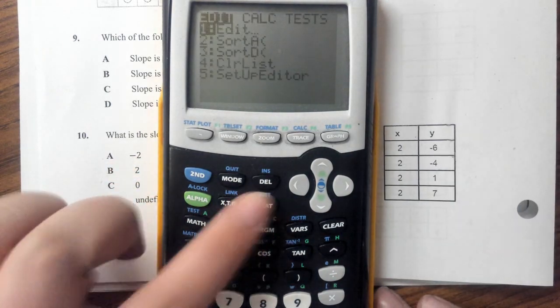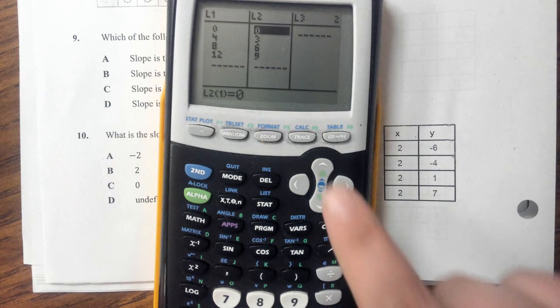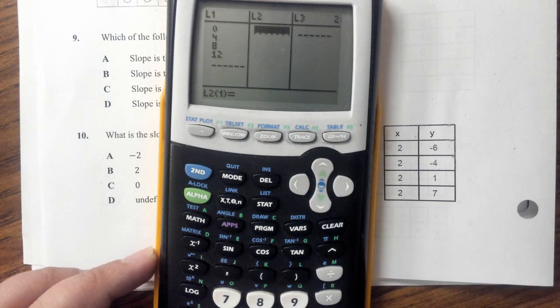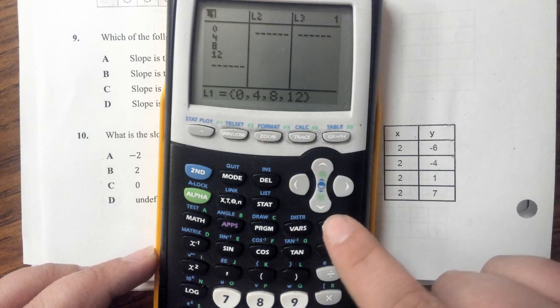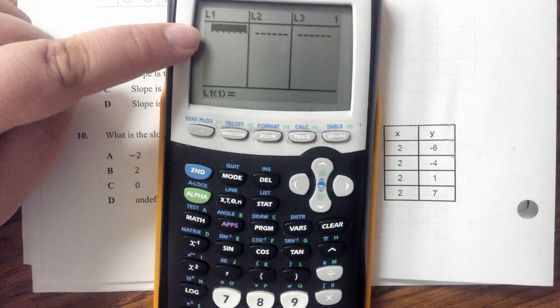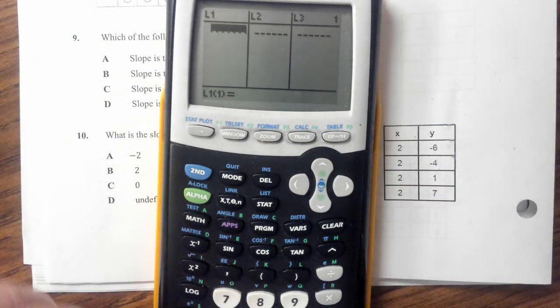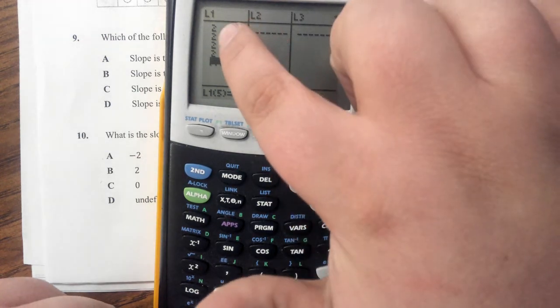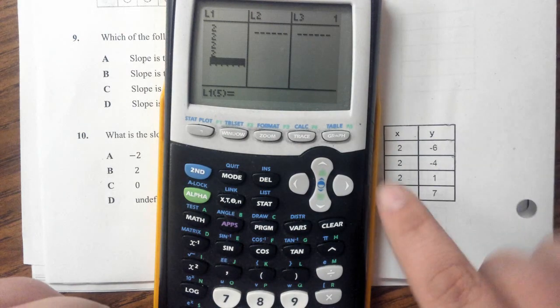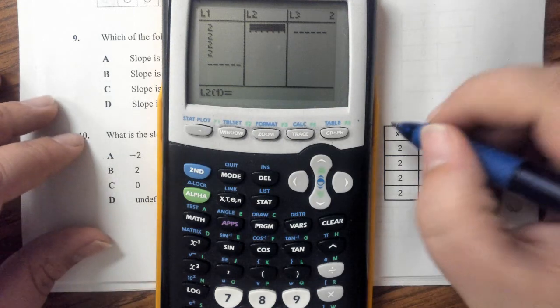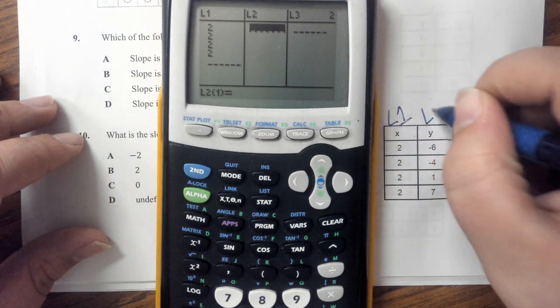I'm going to hit Stat. I'm editing my list, scrolling up, clear, down, highlight L1, clear, go down. Now that I'm highlighted in the dash, I can start typing in my X values. 2, enter, 2, enter, and so on. There's 4 of them, right? 1, 2, 3, 4. Now I can go over to my Y values, my L2. So all of this was L1. Now I'm typing in L2,